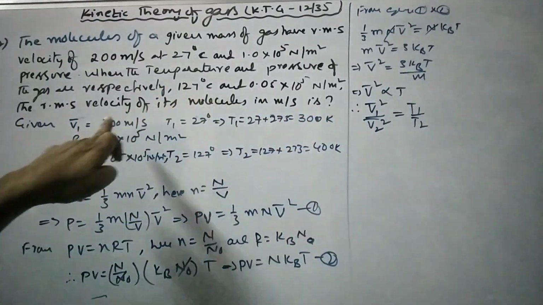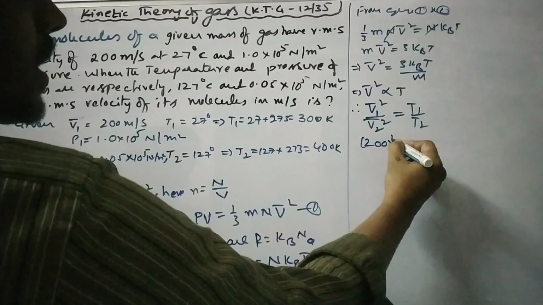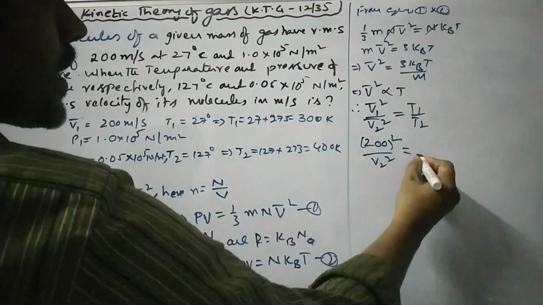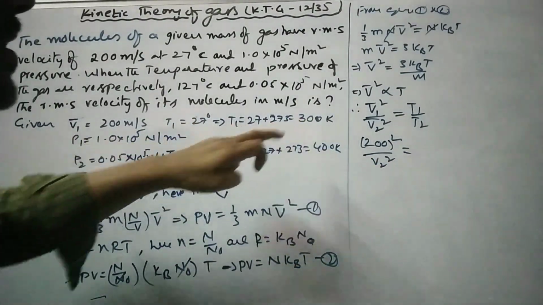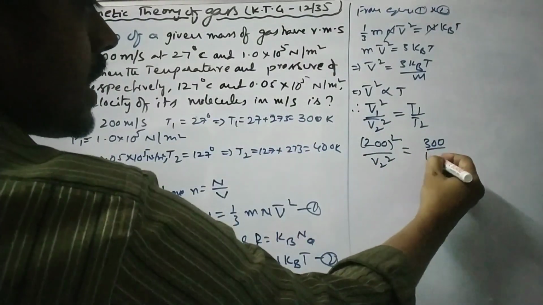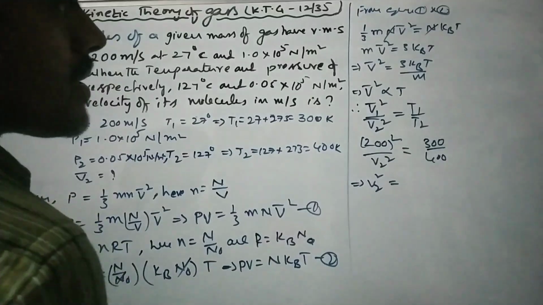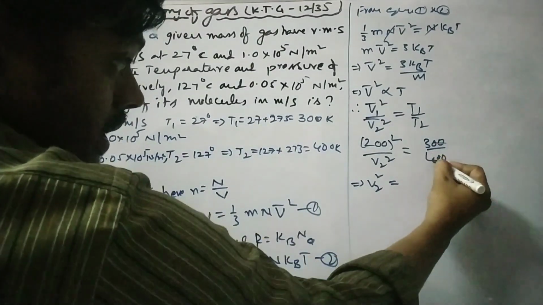V1 is given as 200, so 200 square by V2 square is equal to 300 Kelvin by T2, which is 400 Kelvin. That implies V2 square is equal to, these two are cancelled,